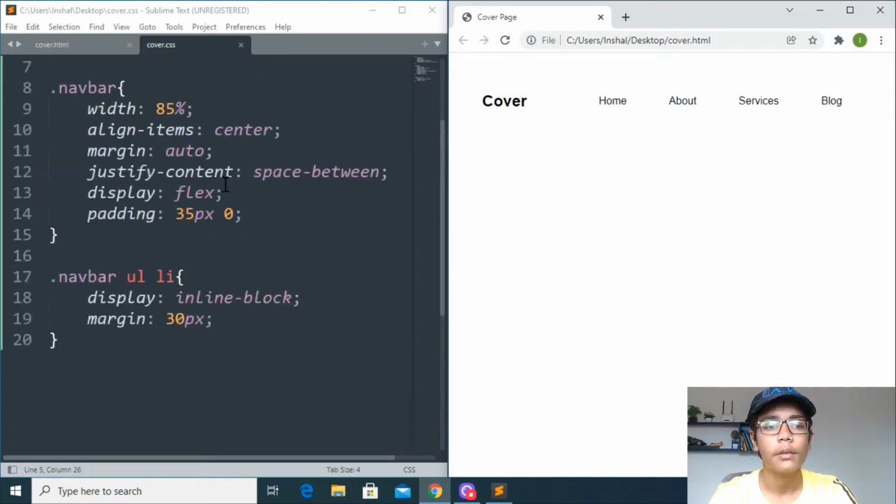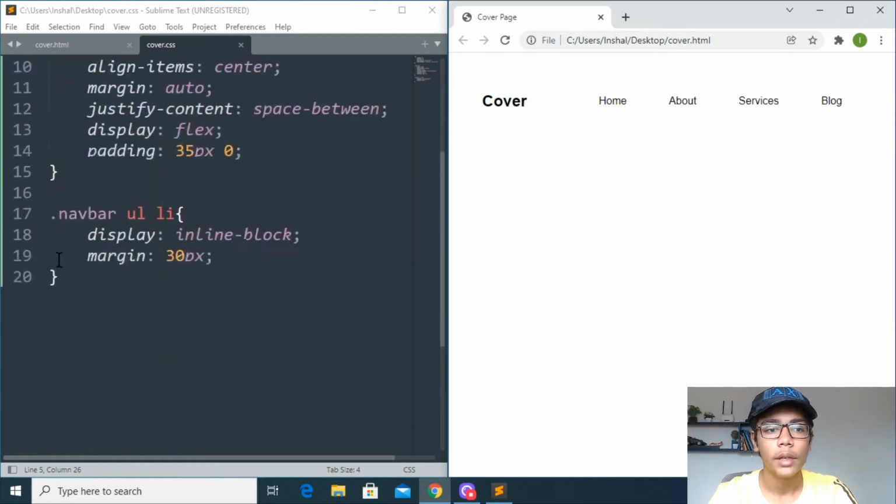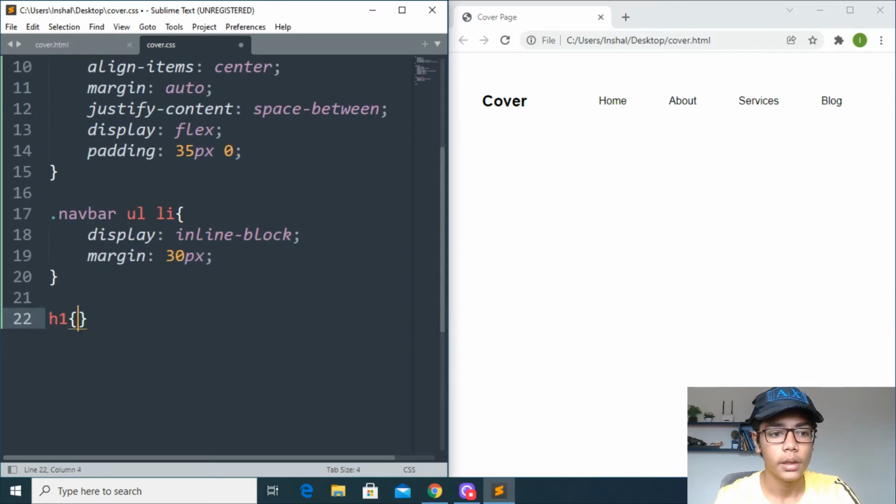So here when you've done with that, now you have to do one thing. Come here again, then I will be giving some colors on that. So here I will be writing H1, and you can give any color, but first of all I will be removing this thing, and I will be just writing a header text.